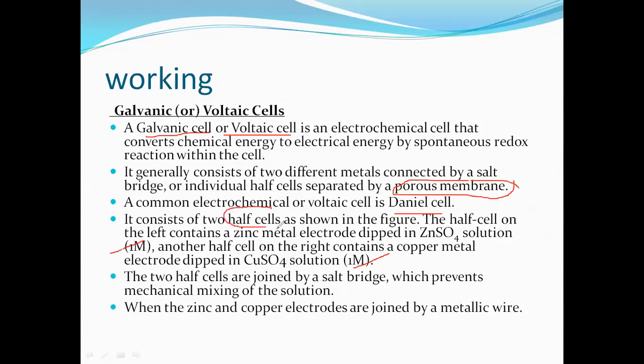So in the construction of the galvanic cell, zinc sulfate is known to be a half cell reaction. Copper sulfate is another half cell reaction. Zinc sulfate at 1 molar concentration and copper sulfate at 1 molar concentration, and the two half cells are combined with the salt bridge and the voltmeter. Now it can be taken as a complete cell reaction. The combination of two half cells is a complete electrochemical cell reaction.